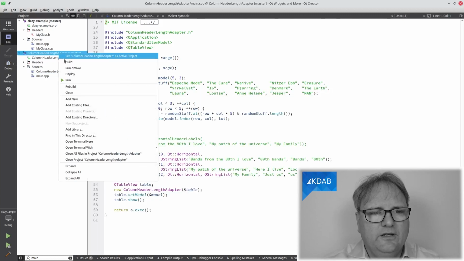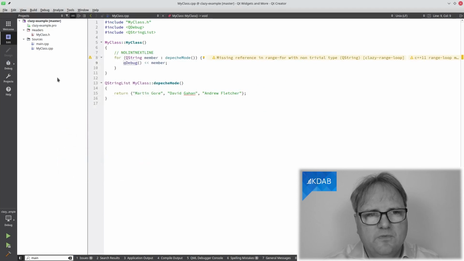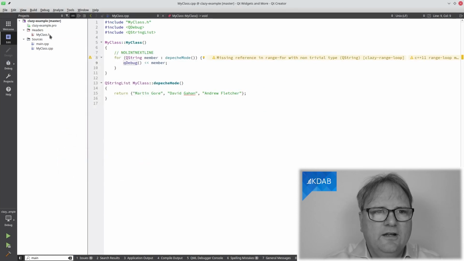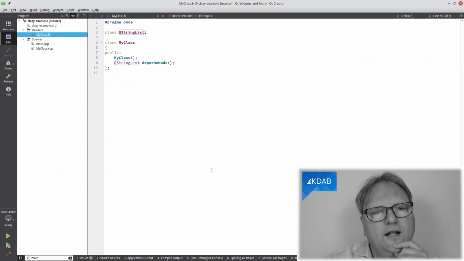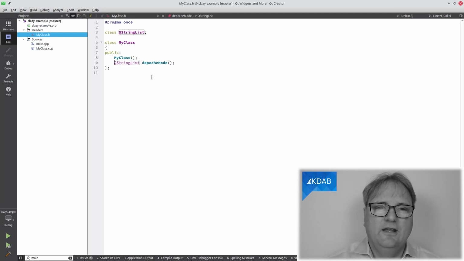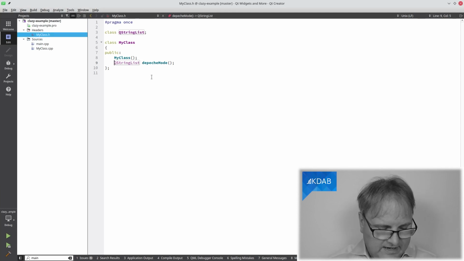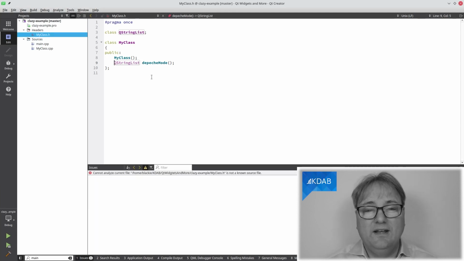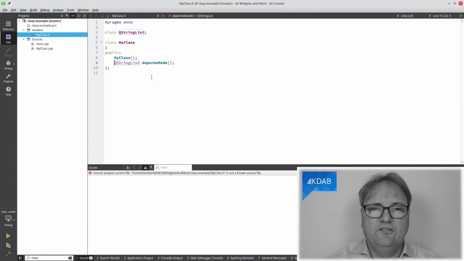Let's close this one here again. And we're back in our own files here. Looking at this header file, it's a big header file. So let me try and run Clazy on that one too. And by the way, if you haven't already made a key binding, you should definitely create a key binding for analyze this file, and Control-Shift-A is what my key binding says now. That runs the equivalent of pressing the analyze this file tool button.